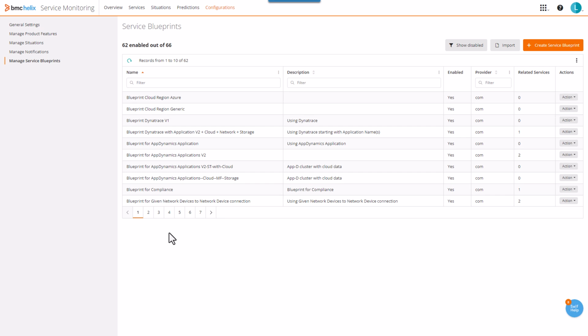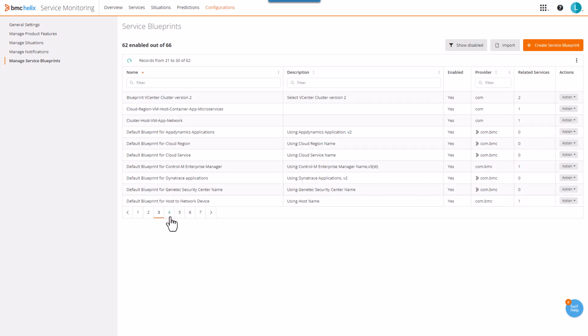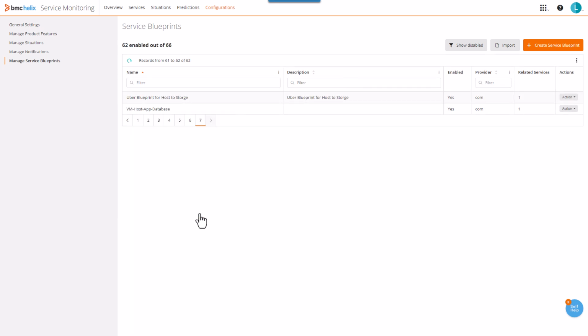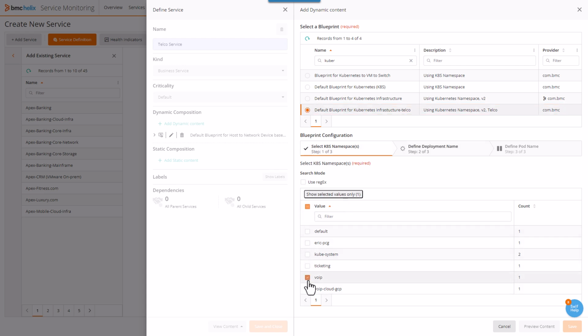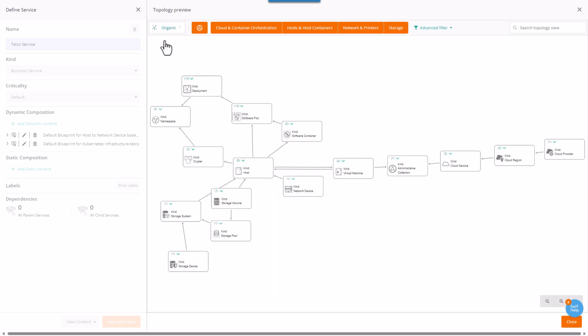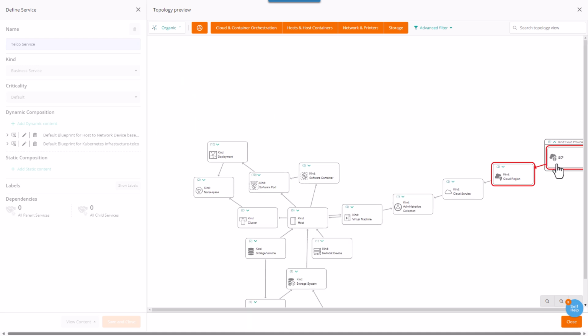The out-of-the-box blueprints automatically read the topology data to create and dynamically maintain business services for applications, hybrid cloud infrastructure, and networks. Using a Kubernetes blueprint, Charles is building a service model for a telco network-based application and now selects the targeted namespace. The action automatically builds an end-to-end service model that spans from the namespace through the network and across hybrid cloud infrastructure. All blueprints are reusable, and a single blueprint can be used to create hundreds of business